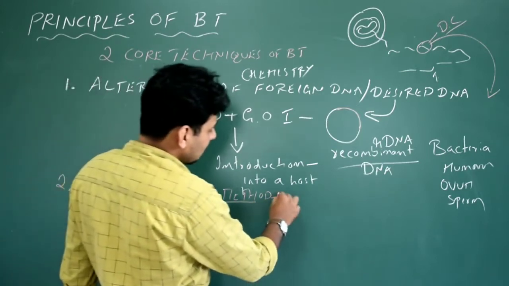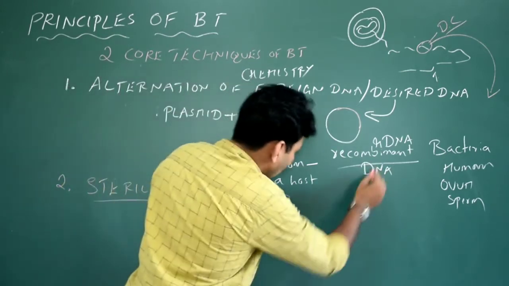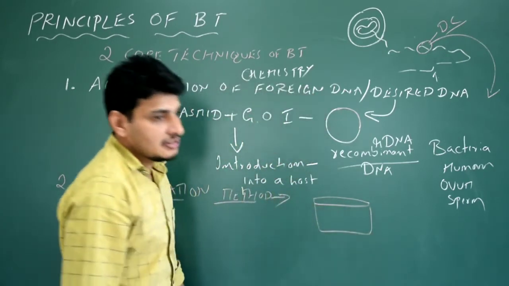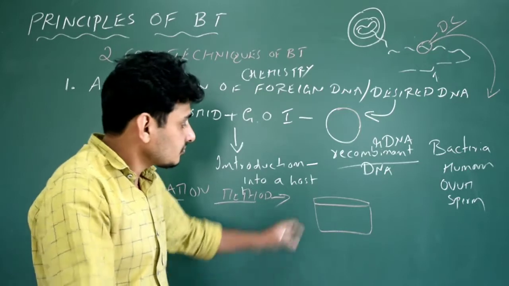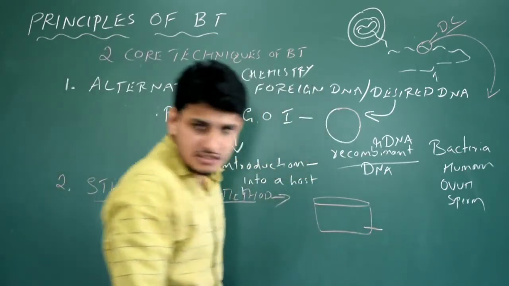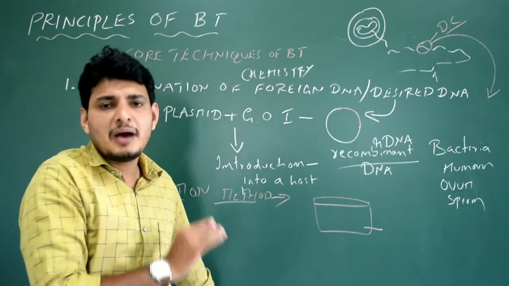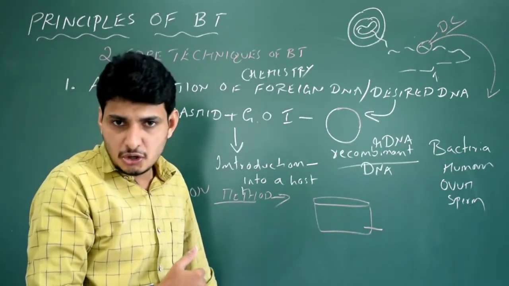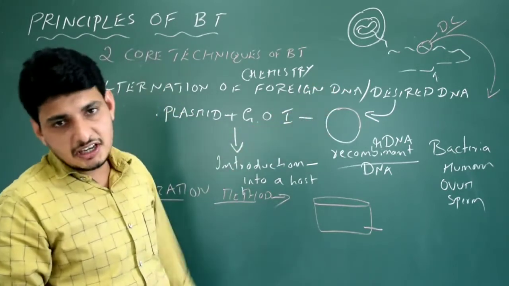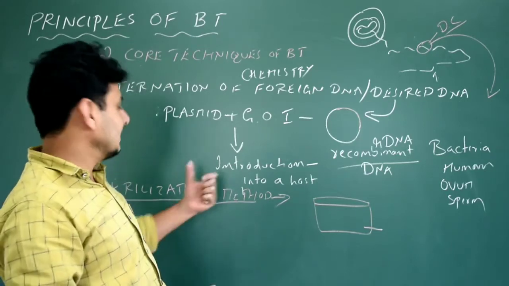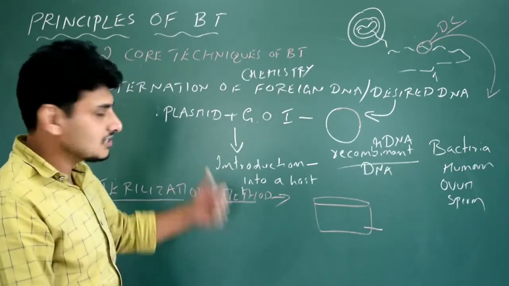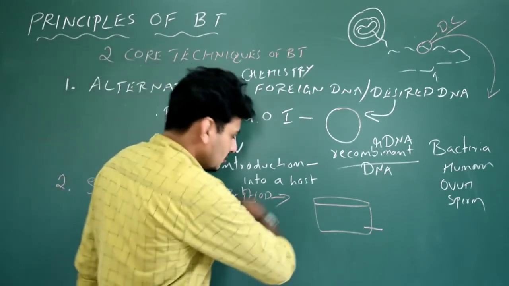The sterilization method is nothing but you need to keep all these recombinant DNA containing cells in a Petri plate. That Petri plate should be free of contamination. There should not be any contaminants. Got it? There should not be any parasites or any disease causing microorganism or any type of microorganism which could interfere with this recombinant DNA. That's it. So maintenance of a clean environment. Got it? So this is very important. The sterilization method is very important. So you will understand it.